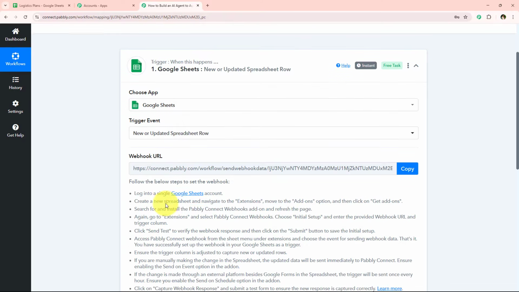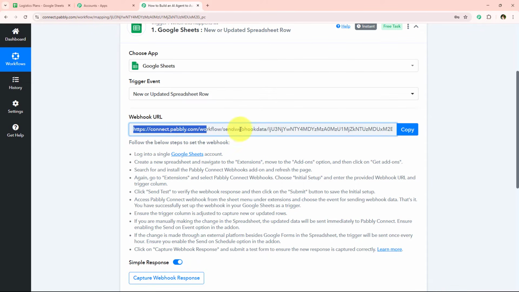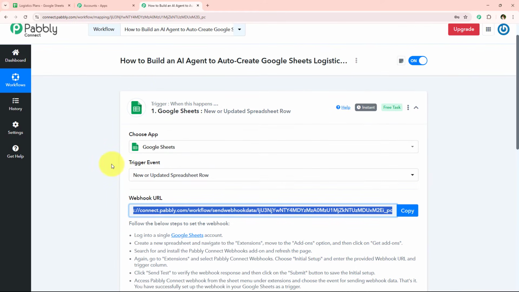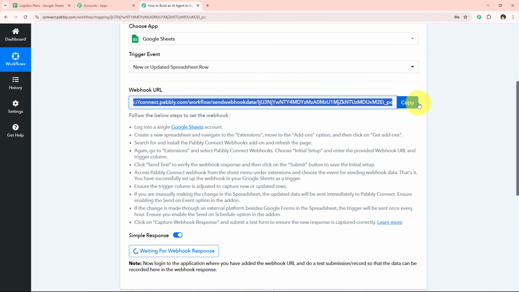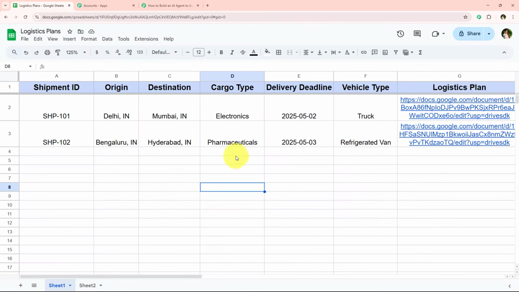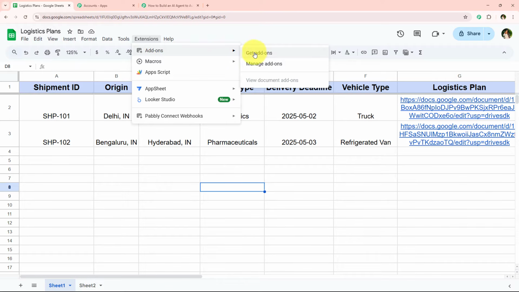And now it is giving me a webhook URL. So we're going to use this same webhook URL in order to create a connection between our Google Sheets and our Pabbly Connect workflow. So I'm simply going to copy this webhook URL and then I'm just going to open my spreadsheet. And after opening this spreadsheet, we have to go towards Extensions, Add-ons, and then we have to go